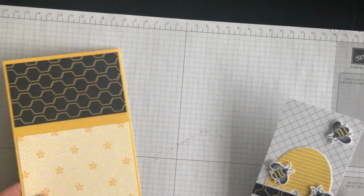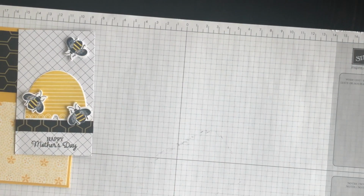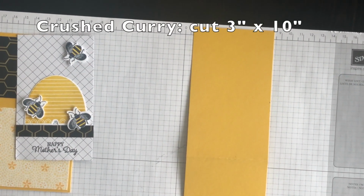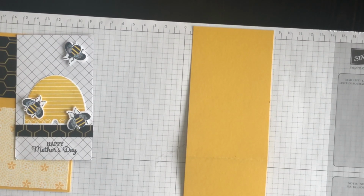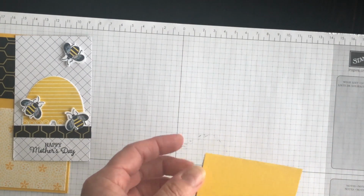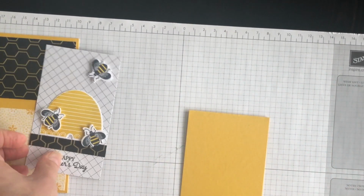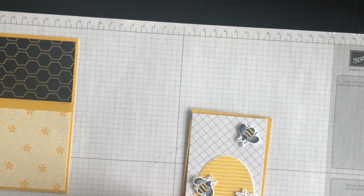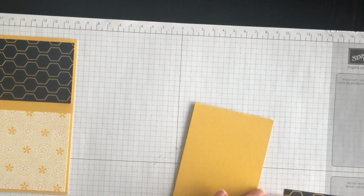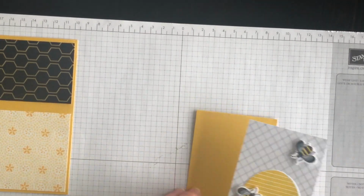All right, now here's where the magic happens on this card. So I have my layer and I have my base ready to go. Now, what you're going to do is you're going to bring in a piece of crushed curry cardstock. You're going to cut it and you're going to score it so that it is folded in half vertically like this. Now, what you're going to do is you're going to take this layer and you're going to adhere it onto this special layer,